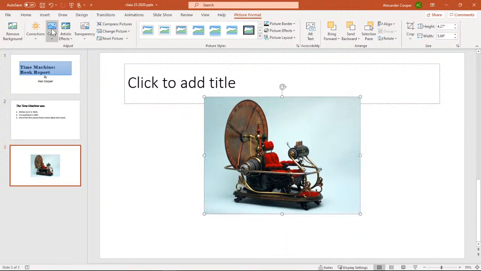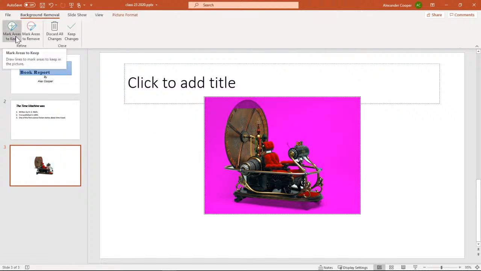Okay. So if we go up here, we can do a lot of different options. I don't know if our background will work because it's not white or a dark color. It's kind of like a cloudy color, but I'll try it anyway. And all we do is we click that, and it shows in a bright pink everything that'll be translucent.